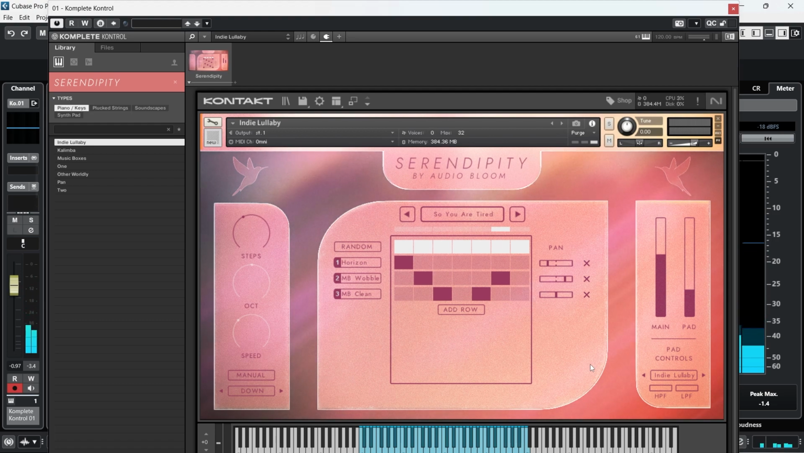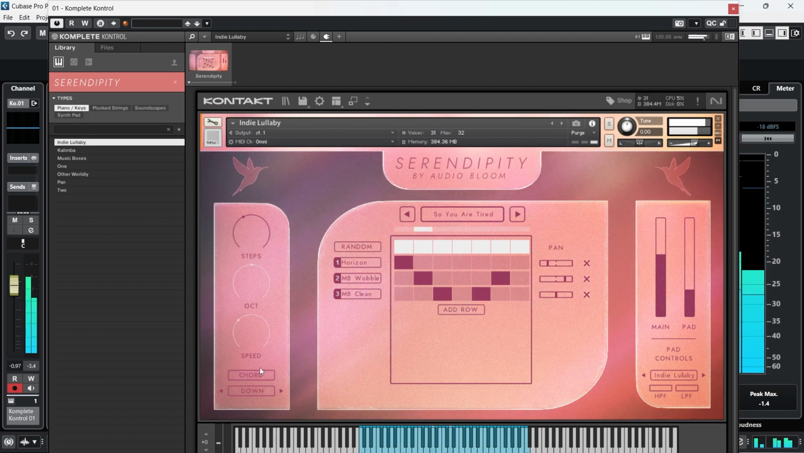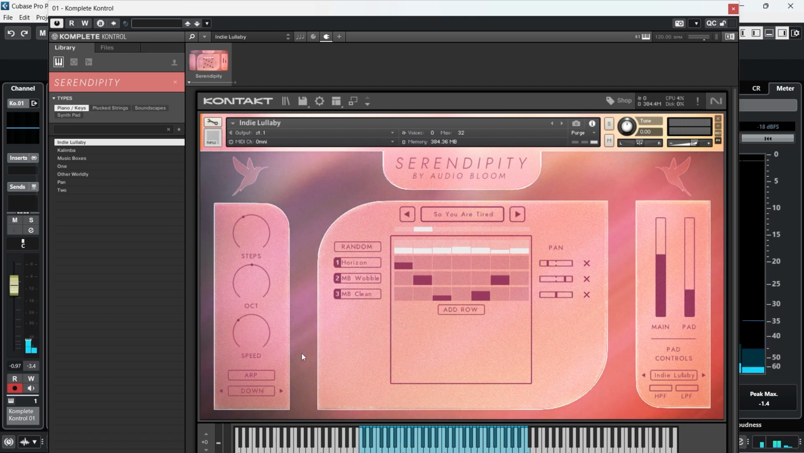Sounds brilliant. Then on the left hand side, we can change the amount of steps we use, we can change the octaves we use and the speed. And if you click manual, it's going to change when you play it. If you play chords, it's going to change when you hold a chord. My favourite is the arpeggio, the arpeggiator. Essentially it's a sequencer. If I hold down A,